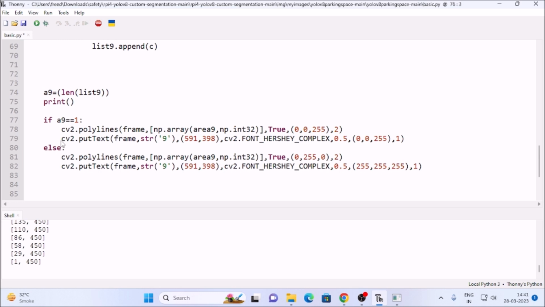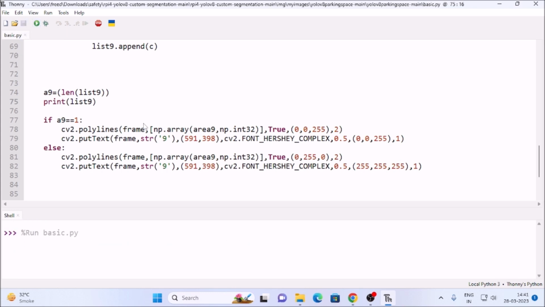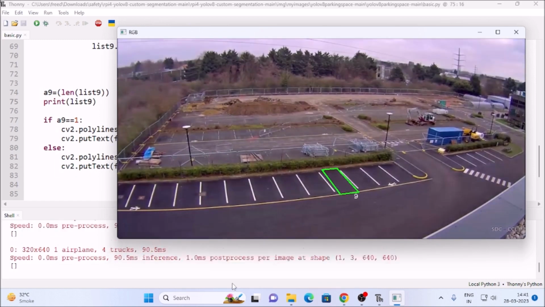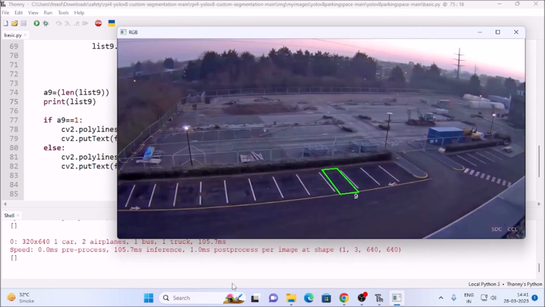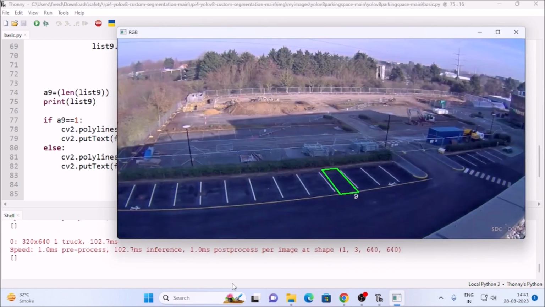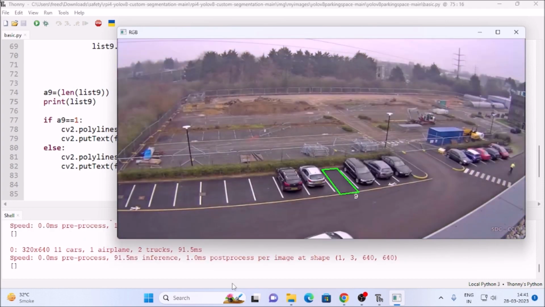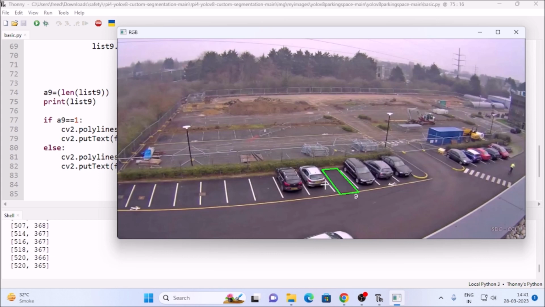If I print here list9, what we are going to do is skip a frame one by one. So I have started the frame. Now just watch inside the shell. I'm going to skip a frame here. This is basically a time lapse video, friends. But for knowing purposes, we freeze our frame. So here it is, as you can see, right now there is a car, but the car is not inside